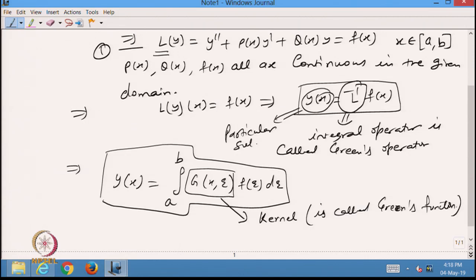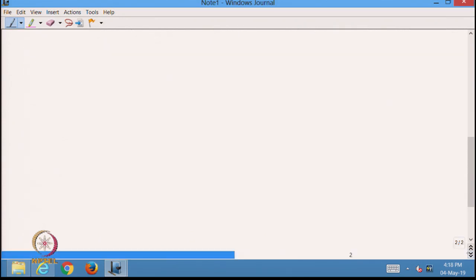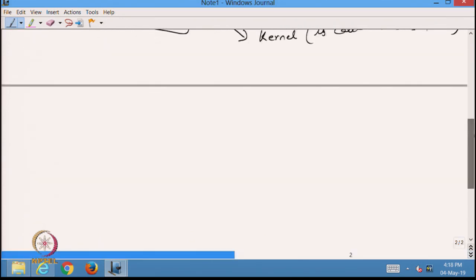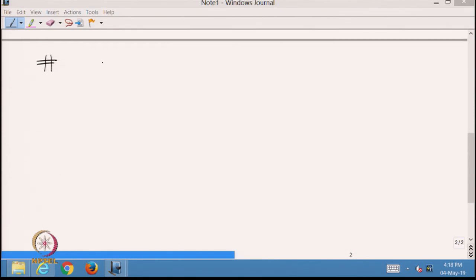So, the main thing is to find these Green's functions for the given linear differential operator. Before that, we want to introduce another type of function, which we call a special function, to deal with such problems. So I define a function that is useful for developing the theory of the Green's function, and that is called